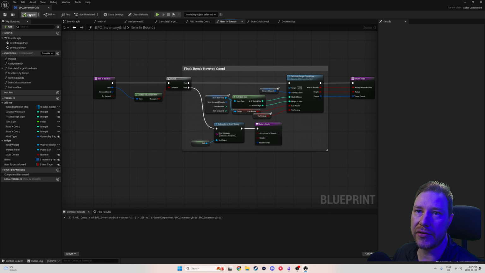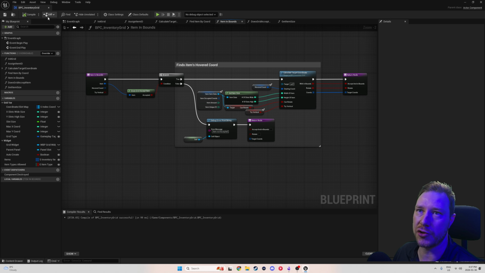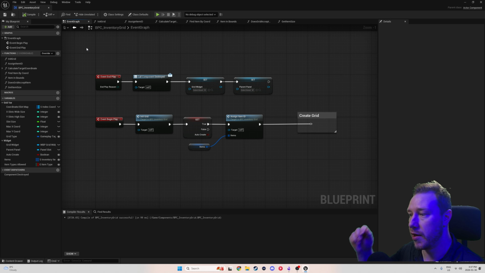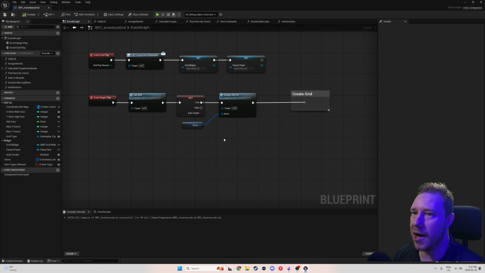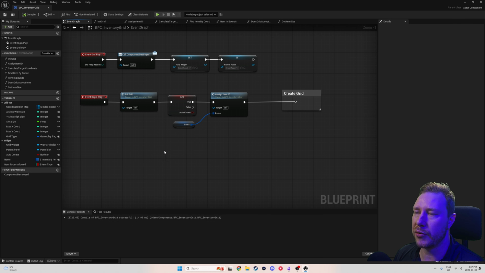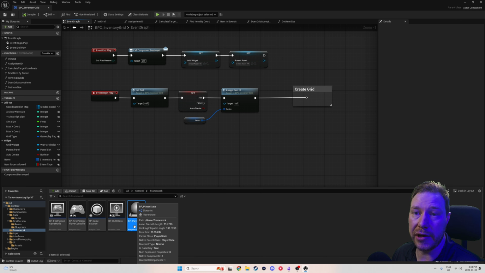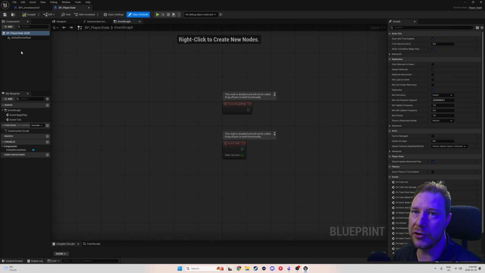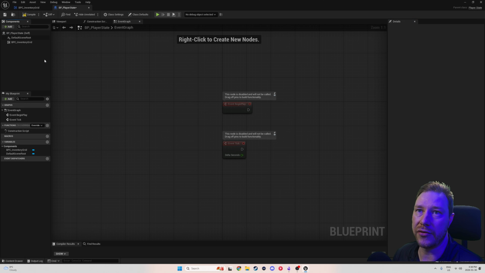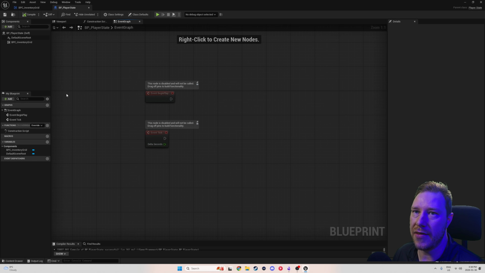Okay, so that should be it for this video, but I just want to show you guys that this actually works, because I did want to make videos that have something that can showcase that you've done something at the end of it. So what we're going to do here is create a debug key. We'll add this grid into our player state just to have it somewhere. So we're going to open up our player state in our framework folder, and we'll open the full blueprint editor. We'll just add this BPC inventory grid here as part of the player state. And then on event begin play,